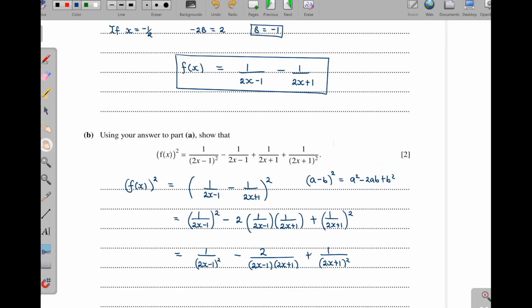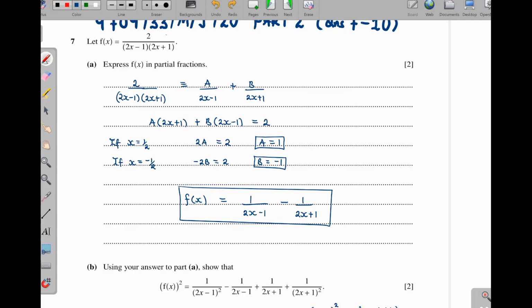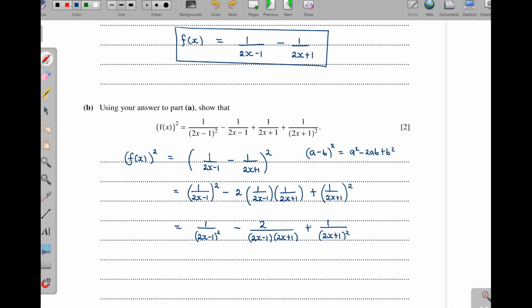That it is the one which was given here, and it gave us this. So therefore, where there is this, I'm going to put this. So this implies that we shall have 1 out of (2x minus 1) squared, then minus, I'll put everything in brackets so that we don't make errors here, minus 1, then minus 1 out of (2x plus 1), and then plus 1 out of (2x plus 1)